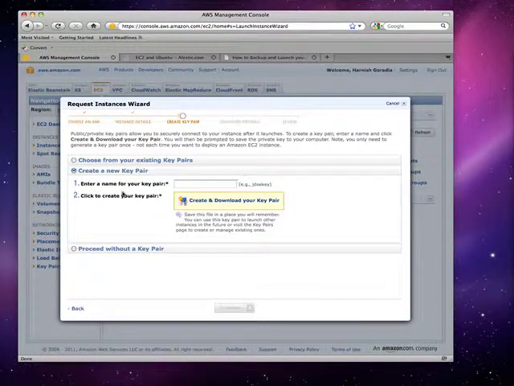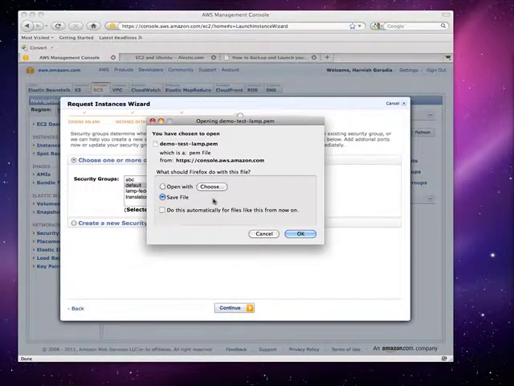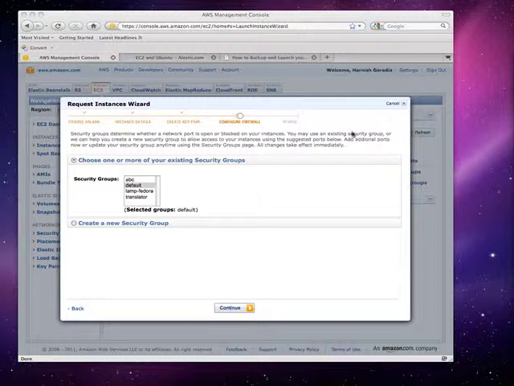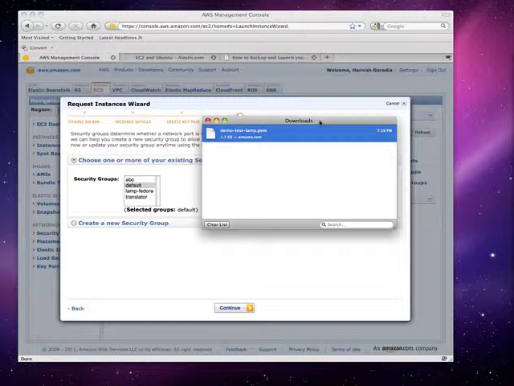I'm going to create a new key pair, and I'll tell you why this is an important step. I'm going to name the key pair demo test lamp. Okay, and I'm going to create it, and it gives me a file to save. I'm going to save that file. It's saved in my downloads folder. Okay, this is very important. You start this up without the right key pair, and if you don't have it, your first entry into your machine will not be there. You won't be able to get in.